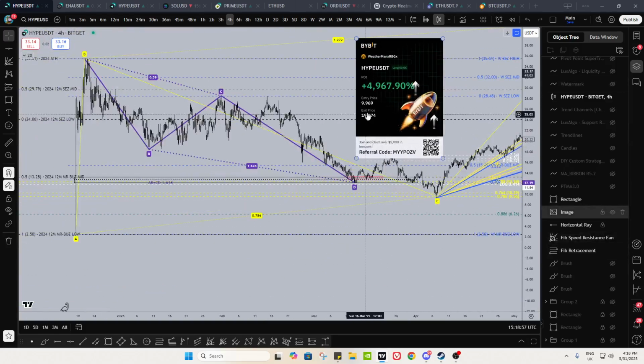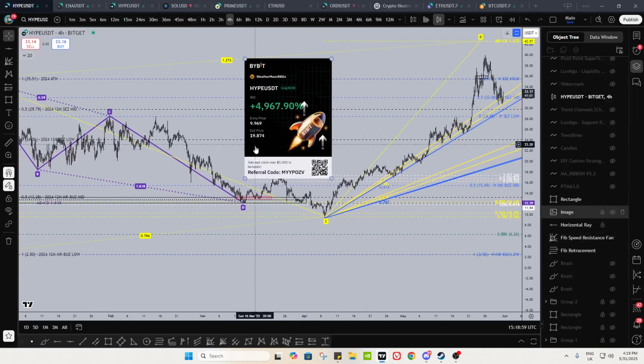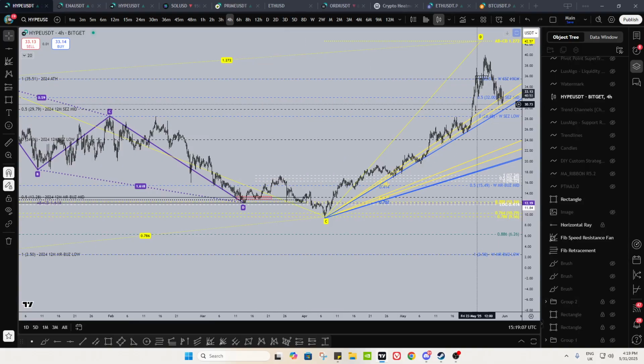Right, I closed this out at $19. Am I mad I closed at 19? Hell no. This was a scalp to swing. I took something from $9 to 19 at 50x with size. I don't care if I didn't sell the top. The whole point of a scalp to swing is you enter with a scalp mindset, the RR of a lower time frame trade. You can risk portfolio accordingly.